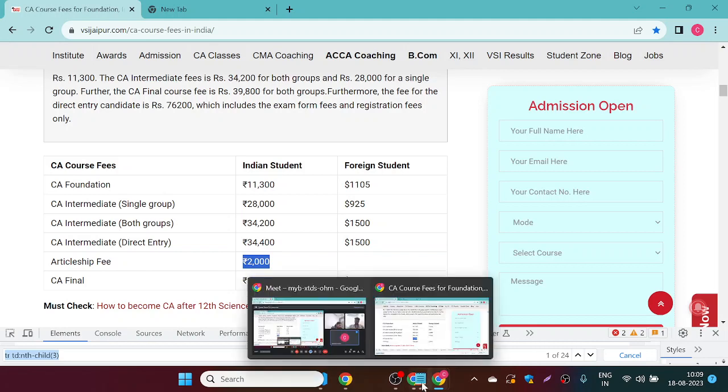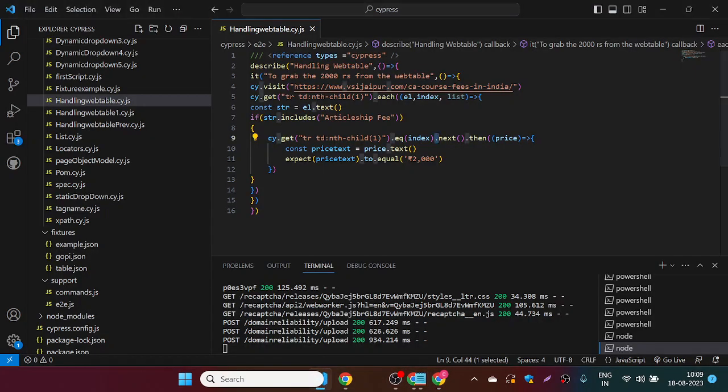Okay, so I'm using the previous function here, and then I'm using this price, grabbing the value of price. I convert that into text because price is the locator, and just using one assertion, expect price text to equal 2000 rupees. So if I run this one,